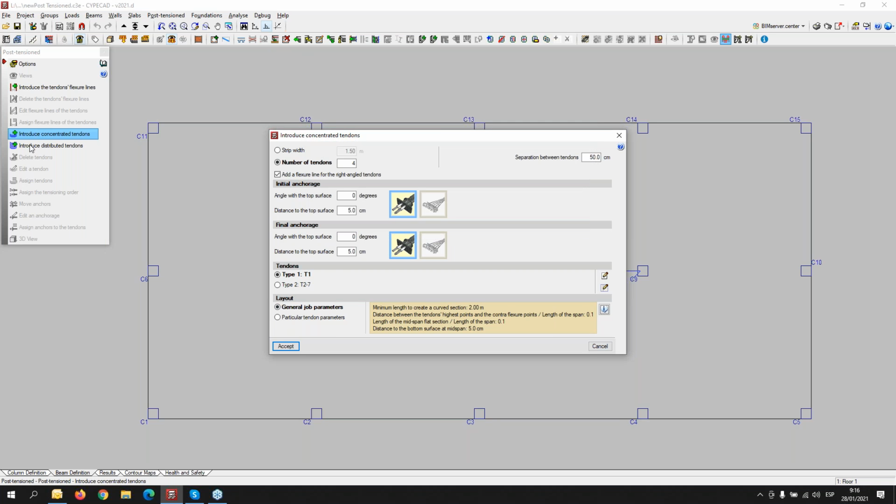So the introduction that we will do is following the general job parameters, but we have the possibility to define particular tendon parameters for the different positions of the groups. In this case, we will use only general job parameters. So I will accept,